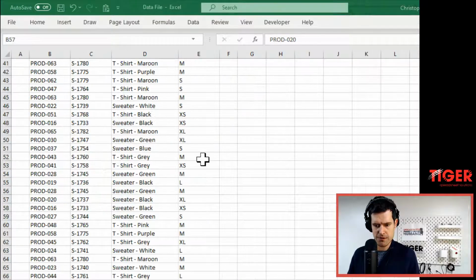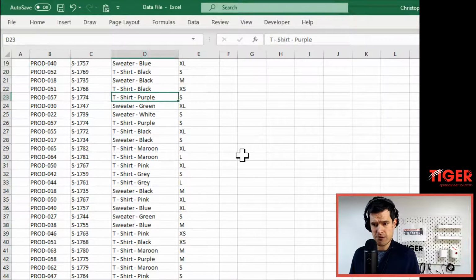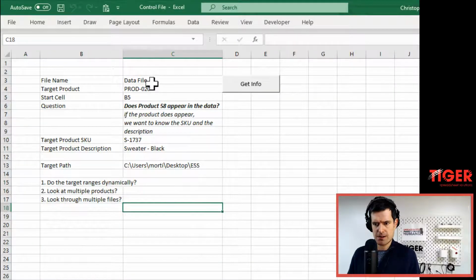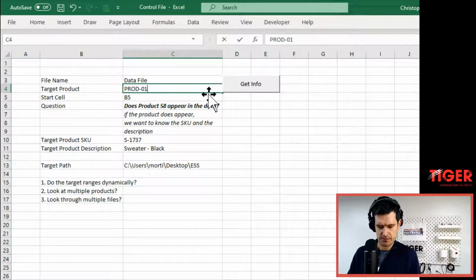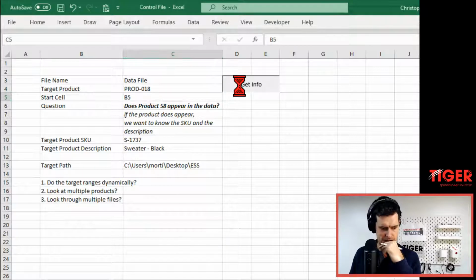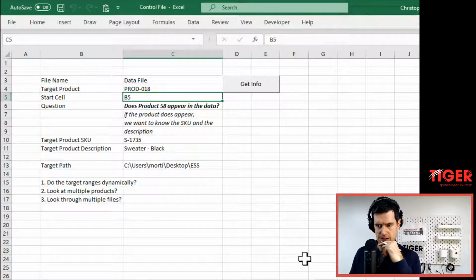Right, let's try another product then. Let's go for product 18 here. Okay, close this file. Let's go product 18. Okay, get info. Yeah, the file's closed. Going to get info. Okay. Justin says, why is target call with left range C5? Yeah. So this left